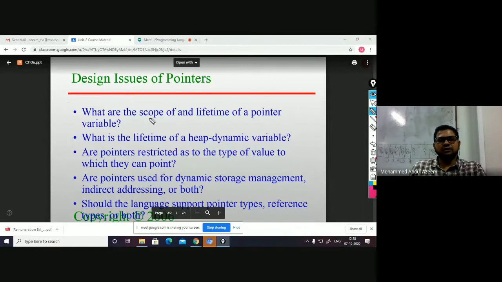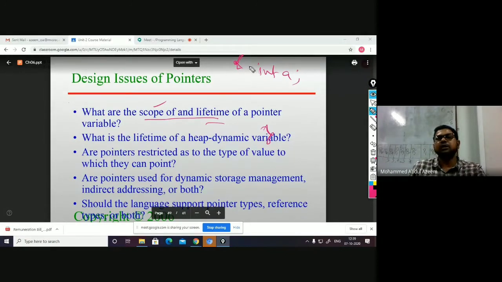In the last class I made clear what scope and lifetime are. Scope is the part of the text in which the variable is accessible, whereas lifetime is for how long the memory is bound to that particular variable. For example, say you have declared a variable A within some block.